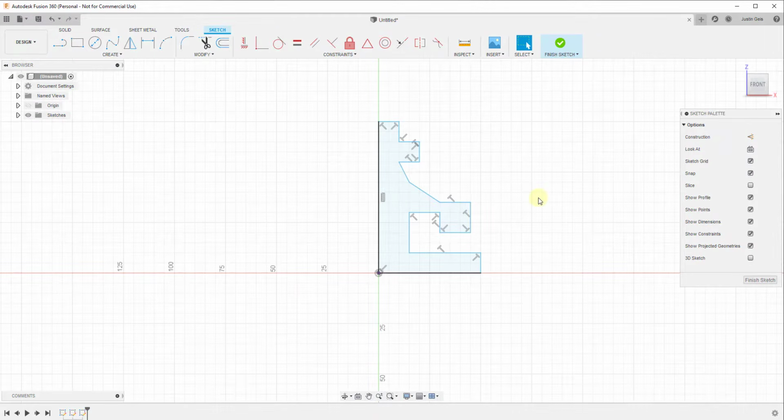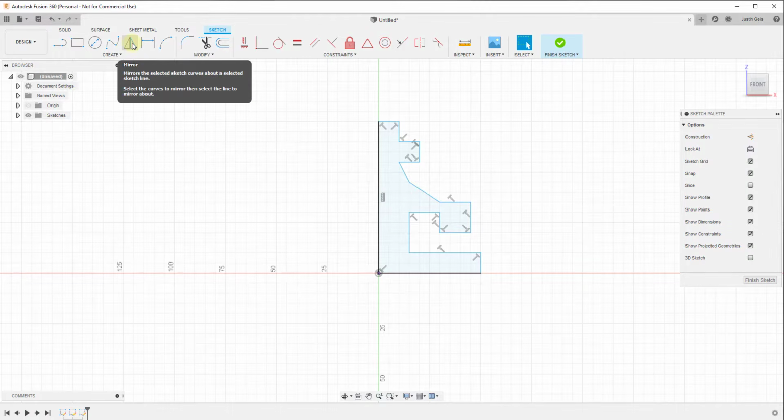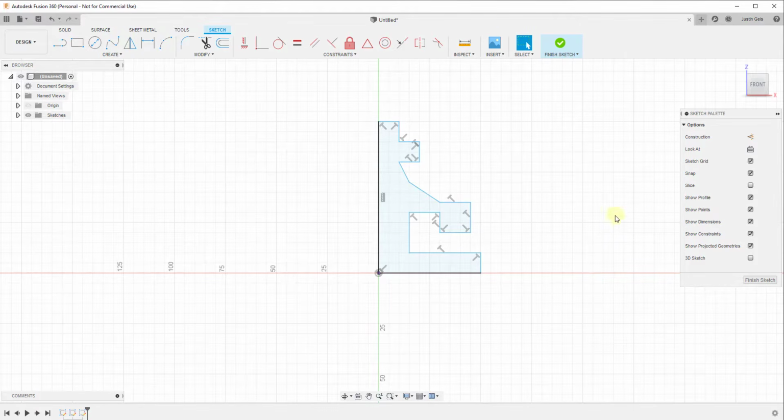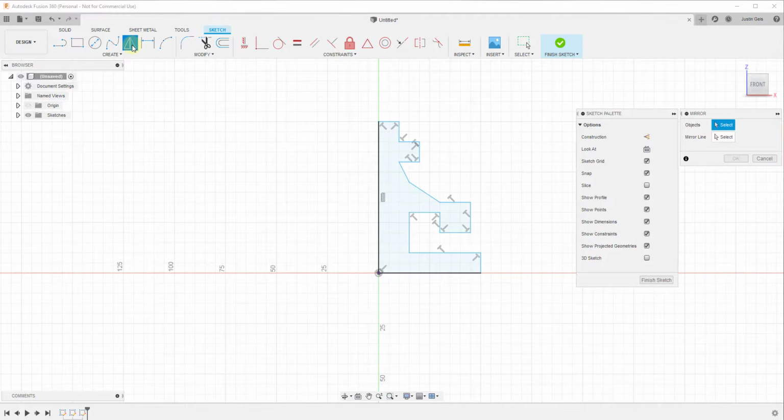And so what we can do instead is we can use what's known as the mirror function. The mirror function allows you to take selected sketch objects and mirror them about a line. So the way that this works is, let's say we have our object right here and we want to mirror it across this line. Well, what we would do is we could go ahead and click on the mirror function,